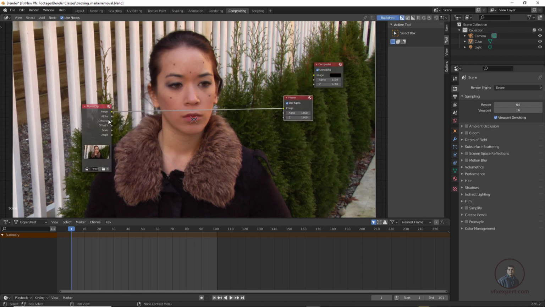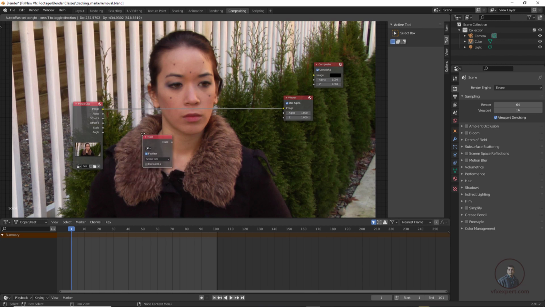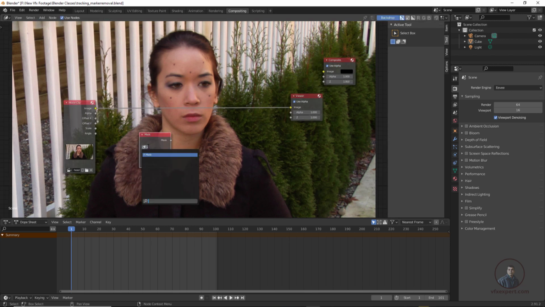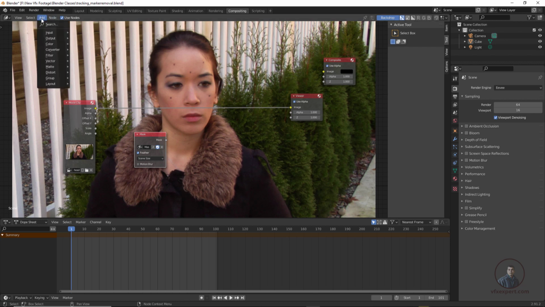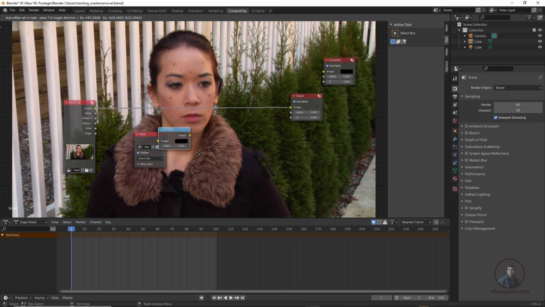Then after this we have to take a mask node here, because we have to activate our mask or shapes. Click on add, input, mask, then click here. Then from here select this F mask shapes. Then after this we have to take a set alpha node here. Click on add. If you don't know where the alpha node is, you can search from here. Click it here and click set alpha node. Then connect this one.